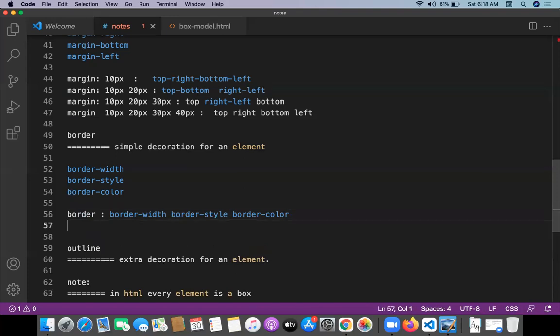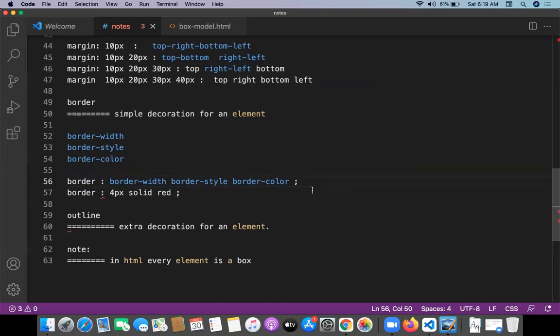For example, with the shorthand method: border 4 pixel solid. So you can write the border property with the shorthand method also. The same concept is applicable for outline.